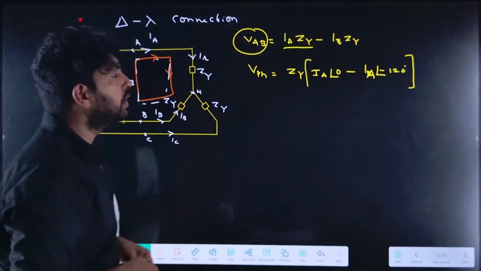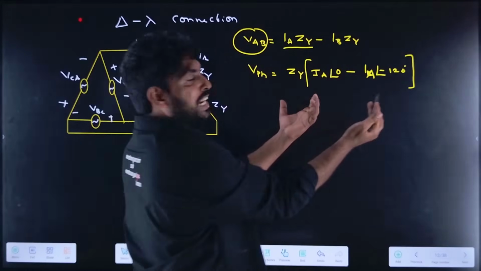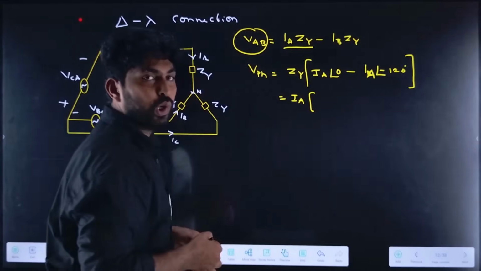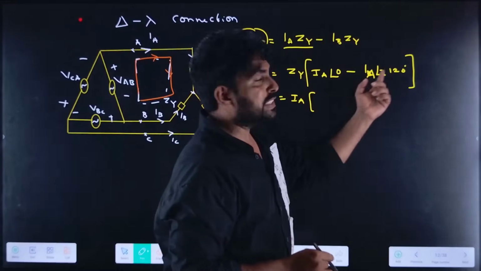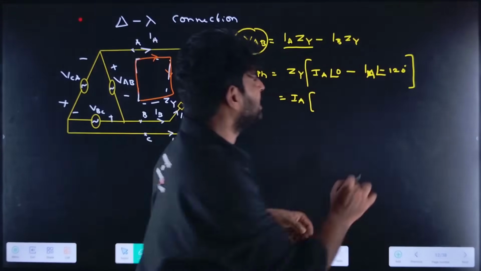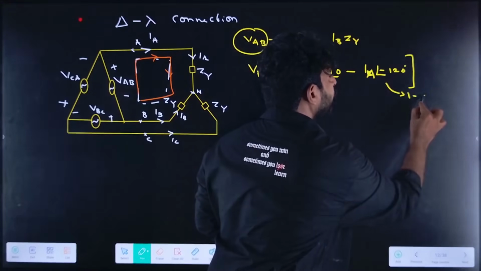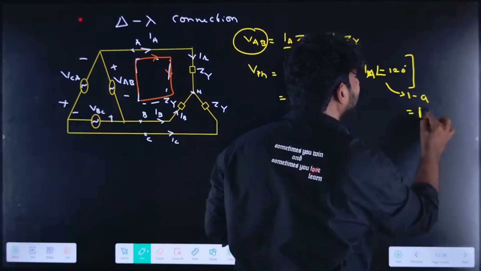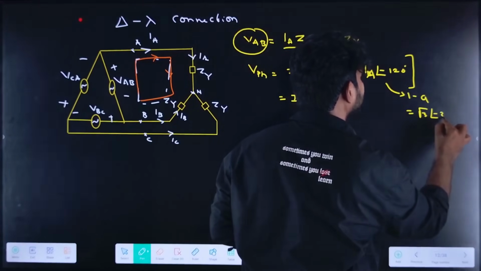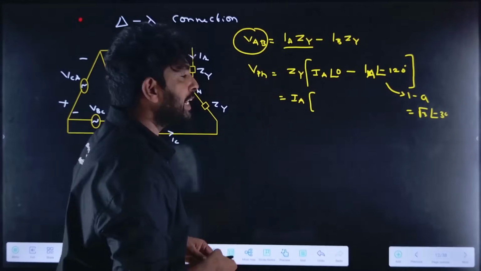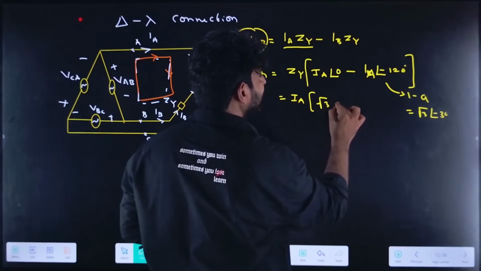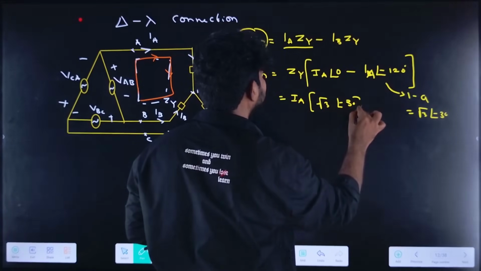Simplifying, it is 1 minus a, and 1 minus a equals root 3 at an angle of minus 30 degrees. So it becomes IA into root 3 at an angle of minus 30 degrees into Z star,